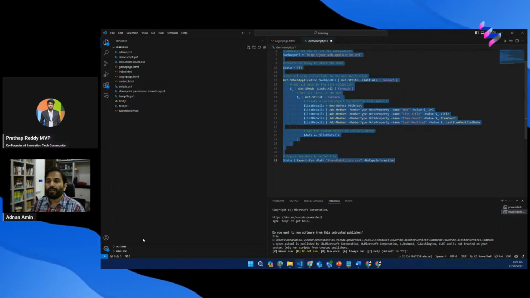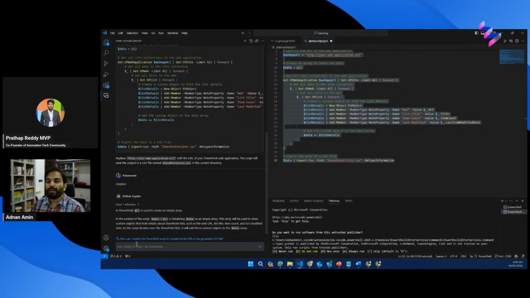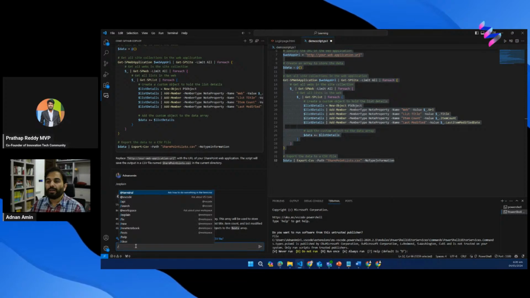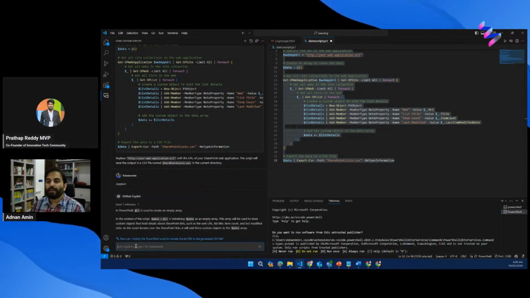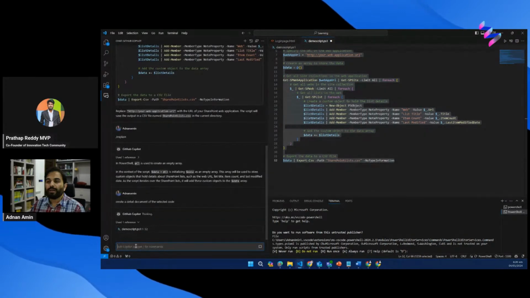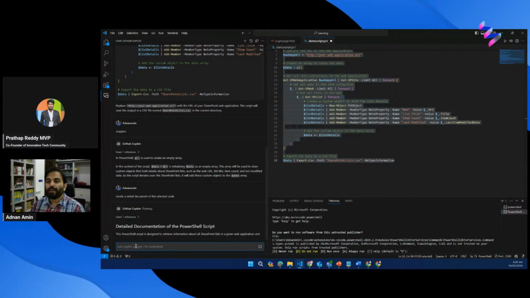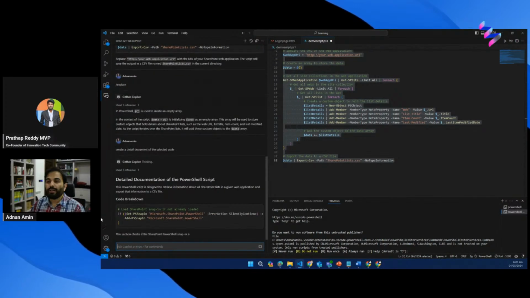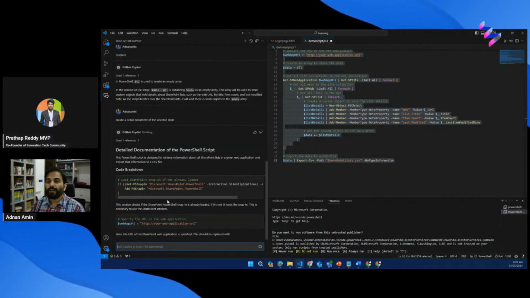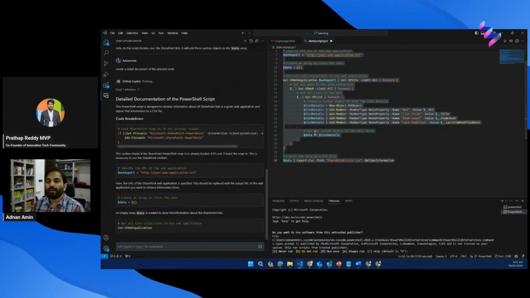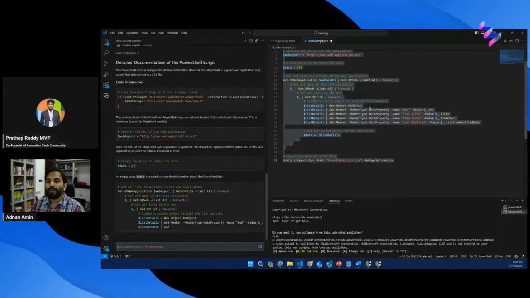So I have selected all this, and went to the Copilot here and said: create a detailed document of this selected code. Let's see. I can also ask it what the steps required for this document are. You can see here it started creating the documentation for me of this selected PowerShell,